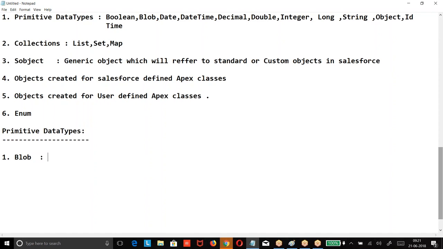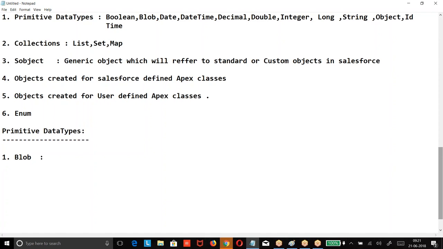First one, blob. In case you want to store a document, I have a notepad. Whatever notes I am typing, I want to upload to Salesforce. Now the size of this document is large. When you take an image, an audio file, a video file, or a text, the size of the data is large, so I cannot store it in the exact format.